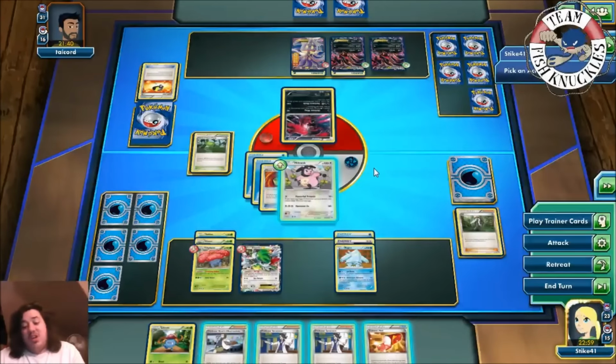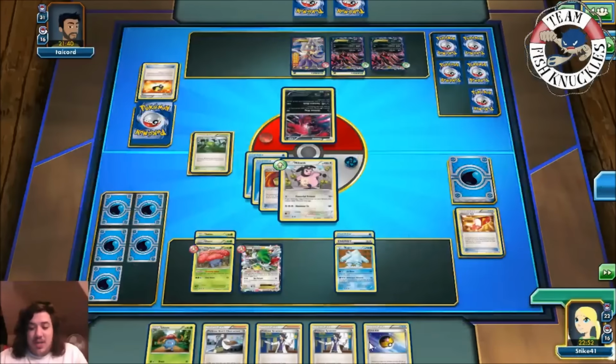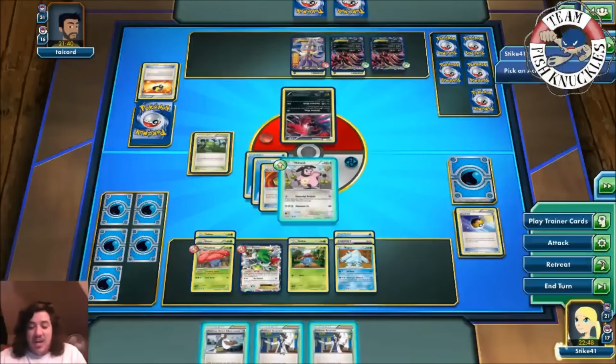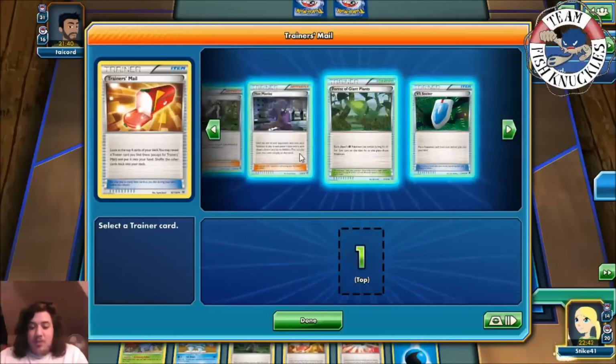Okay, we can use Trainers our turn, so here we're going to Trainer's Mail. We'll grab the Lava Ball. I'm not really sure what we need. So here we're Lava Ball. We can grab the Oddish. Just kind of thin it out of our deck here. And here we'll just play Sycamore. We'll Trainer's Mail first. Just looking to see what we can grab. We can grab a Hex...